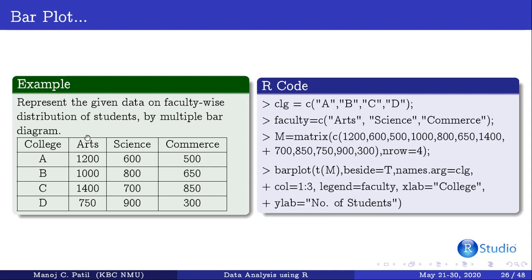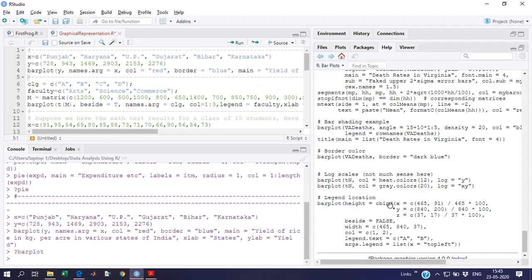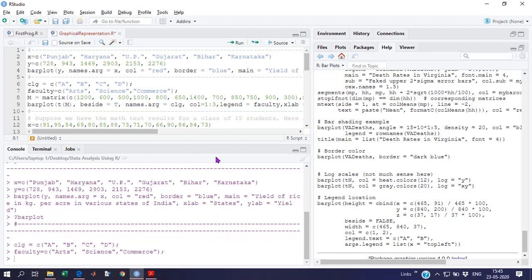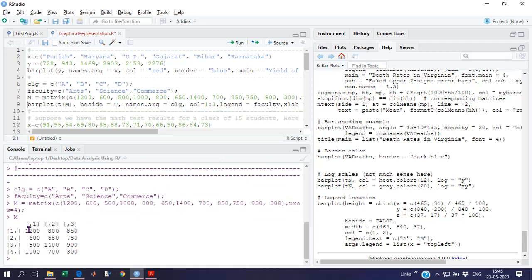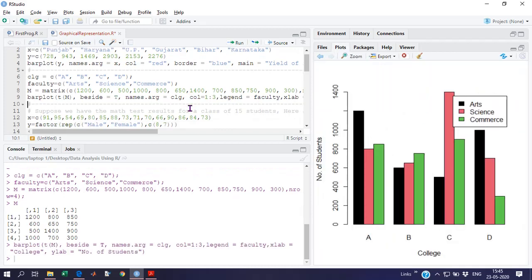Color for 3 faculties. 1, 2, 3. Legend. I need that legend, faculty. Faculty should be the legend. X label, that is college, and Y label as number of students. Let's move. College, faculty, matrix, what it actually stored. This is the matrix. Okay. Control N. Here we can observe